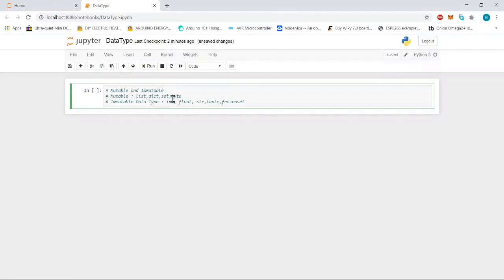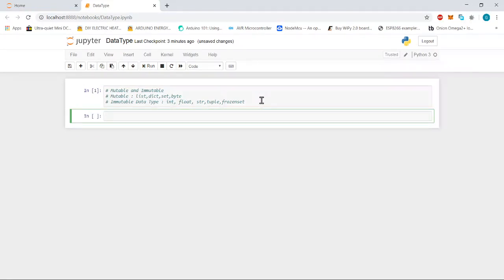So if you are creating an object of integer, or a variable of type integer, then it cannot be altered. Here Python is a purely object oriented programming language, so even if we declare an integer variable, it will create an object of class integer. Many times we will use the words variable and object interchangeably. So let's try to discuss how we can see whether it is mutable or immutable. Clear. So let's take a new cell.